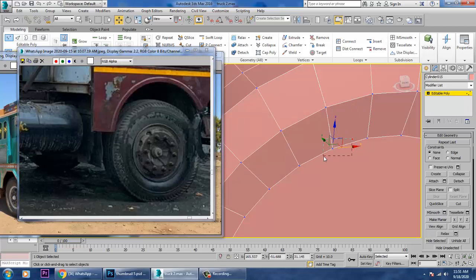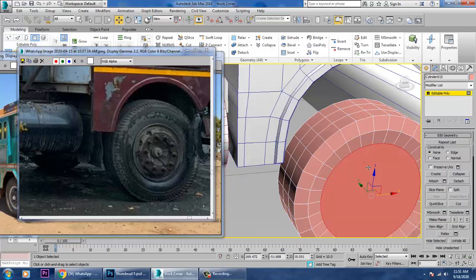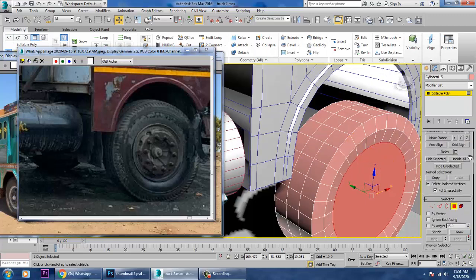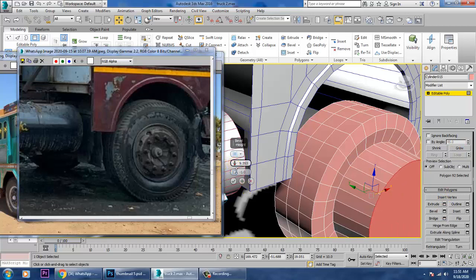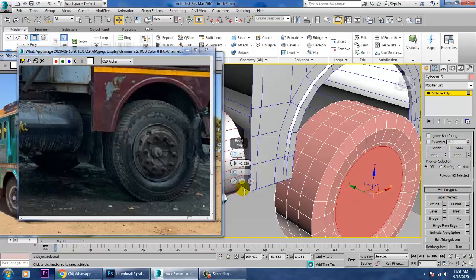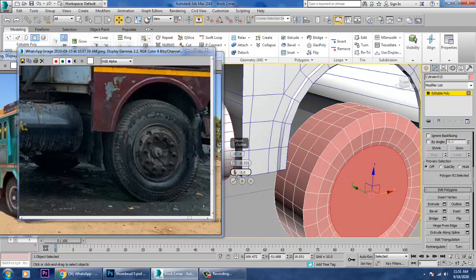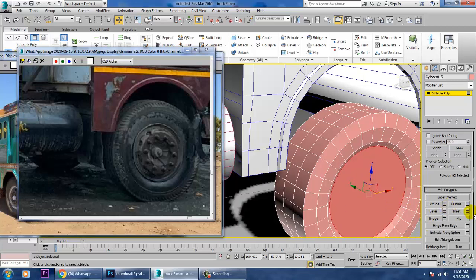So select both of these, right click and just weld it. So select this now and just give a bit of bevel. Much better. Click OK.